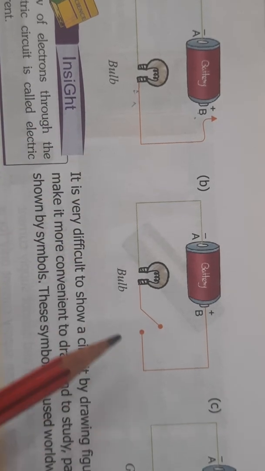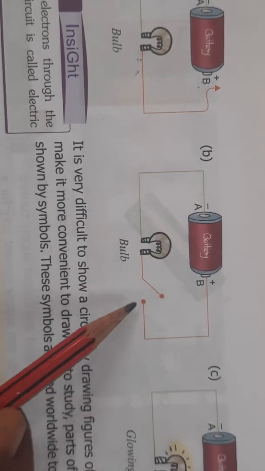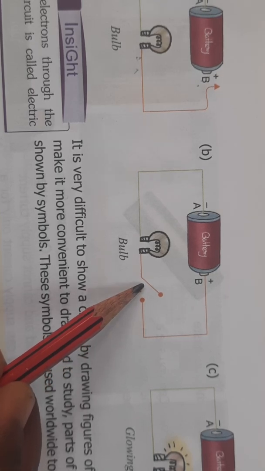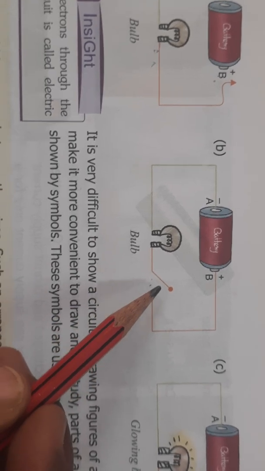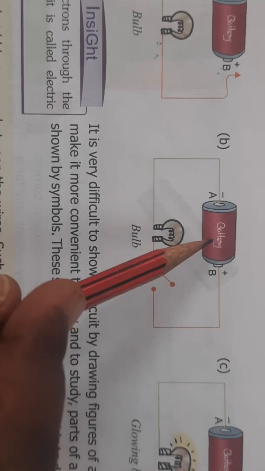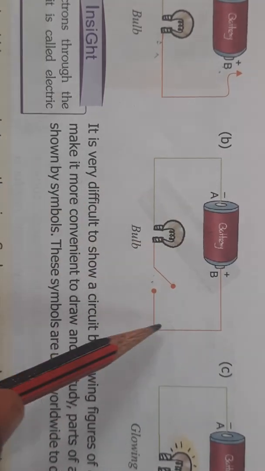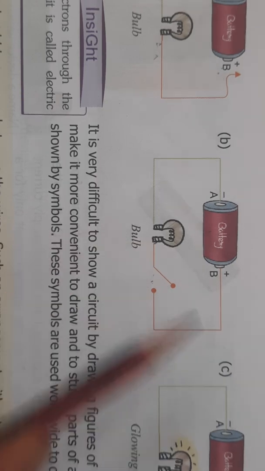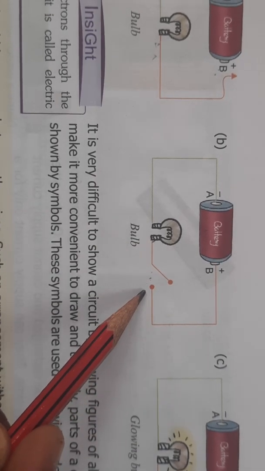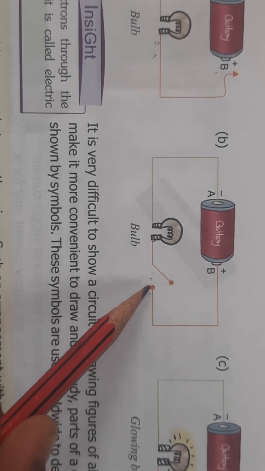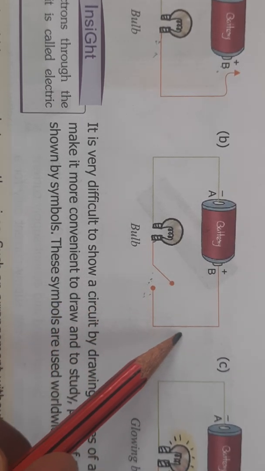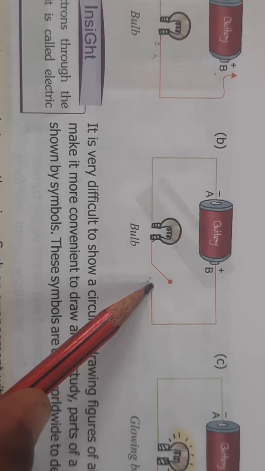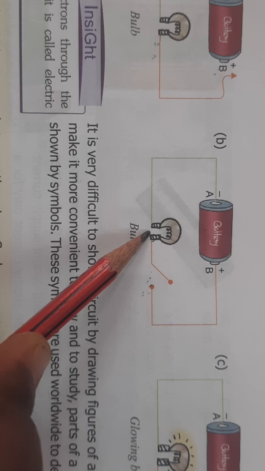Okay, now if you look here, now this is the symbol for a switch. We cannot make a switch, बनाना बहुत difficult होता है, so we use the symbol. So this is the switch. Now here if you look at this circuit properly, you can see a cell, you can see the wires, and you can see the bulb. सब कुछ दिख रहा है? Switch. But if you see at this, the switch is an open switch. यहाँ से circuit देखो जुड़ा नहीं है. So what will happen? The current will start flowing from here, positive terminal to negative terminal, and here it will come and stop क्योंकि ये जुड़ा नहीं है. So again the bulb will not glow.